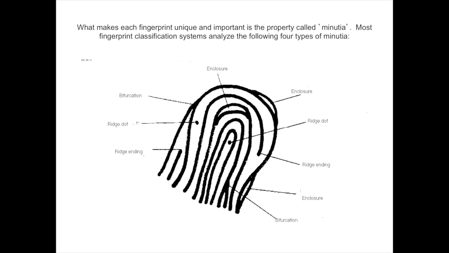The way that we would actually prevent someone from being able to do that is to use liveness tests, looking for blood flow, that sort of thing. Other methods that are used is, for example, to create a false fingerprint. There's different techniques for doing this. The technique that's actually hit the news most recently has to do with the use of a false fingerprint made